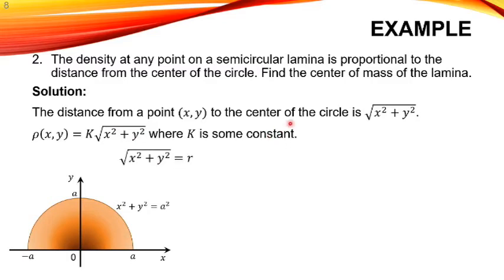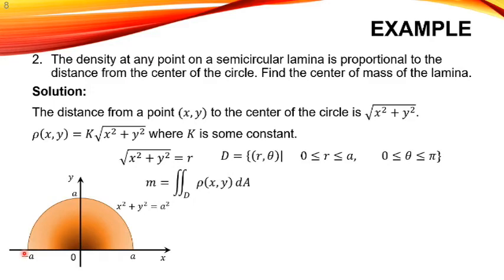So our square root of x squared plus y squared is equal to r. We can change our coordinates into polar coordinates since this is circular. Now, the region would be defined on r theta, where our radius is from 0 to a, and the central angle is from 0 to pi since it is a semicircle. We have 180 degrees. And the mass is solved by getting the double integral of the density function times dA